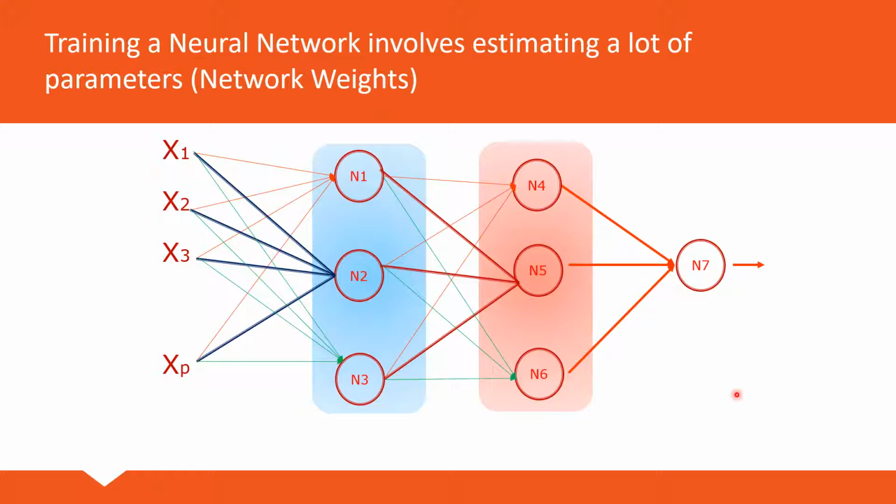If I look at the structure of a feed-forward neural network, I'm assuming that by now you will be familiar with this kind of structure because we have talked about it in a few of our previous videos as well. So this is typically how a feed-forward neural network would look, right? Far on the left-hand side there will be the input features. They will be fed into the first layer, which is the hidden layer, which will have some neurons. In this case there are three, there can be more, and each neuron will do a weighted linear combination of the input features,